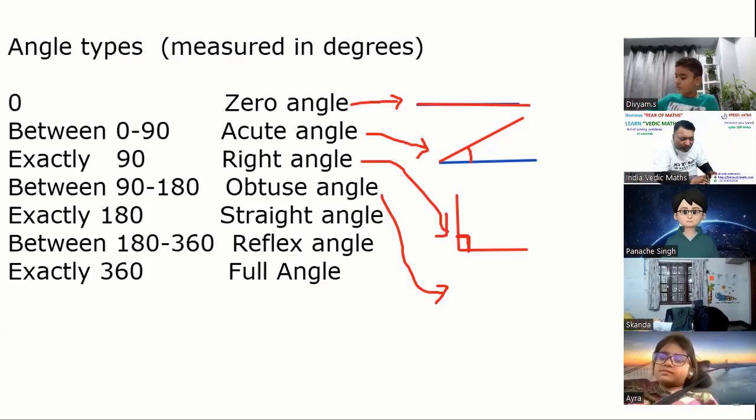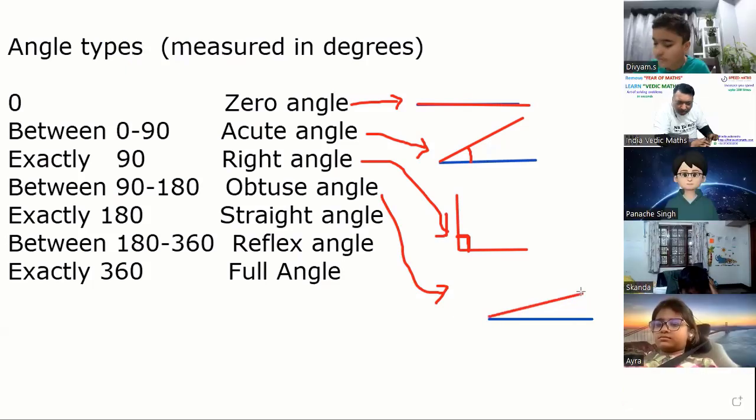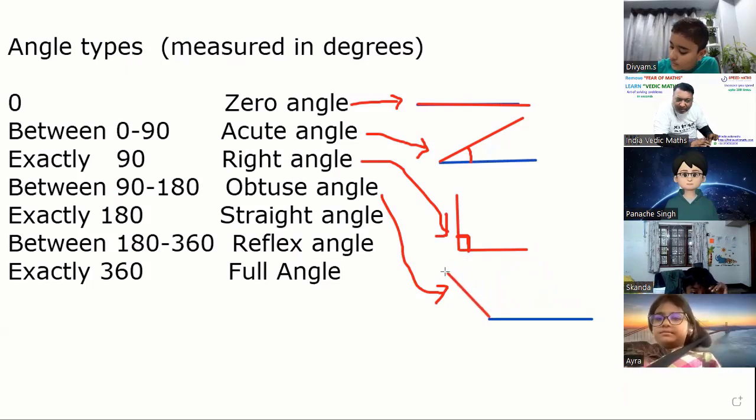But now if I want to make it obtuse, see what happens. Let me put a blue line to explain. This is a blue line. See what will happen now when I put a red line. See the magic. This is 0, 30, 45, 60. This is 90, right? The way you go more than 90 but lesser than 180, this becomes your obtuse angle.